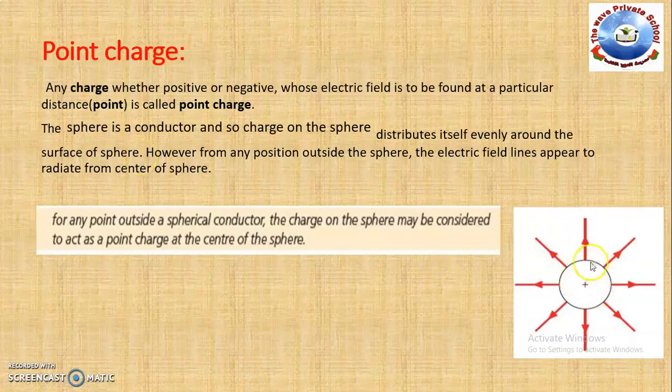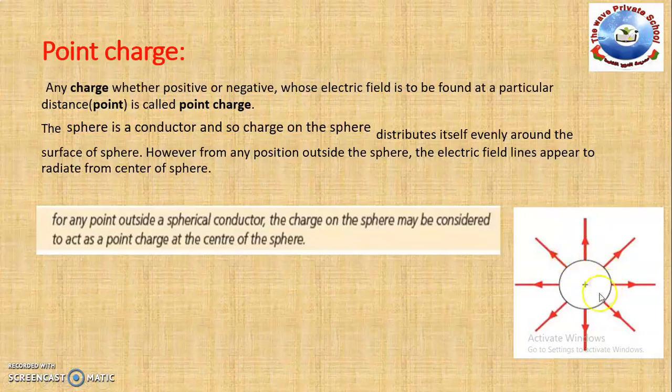If this is a conductor or a sphere, and positive charges are distributed outside the sphere of the conductor, then from any position outside the sphere, electric field lines appear to radiate from the center of the sphere. Then we can say that this charge is called point charge if